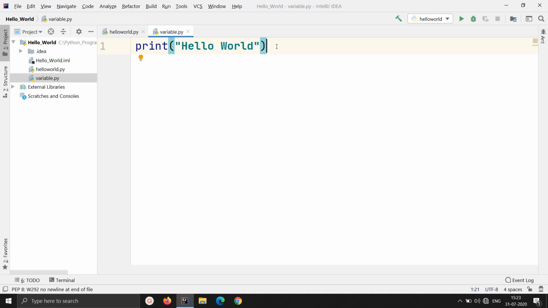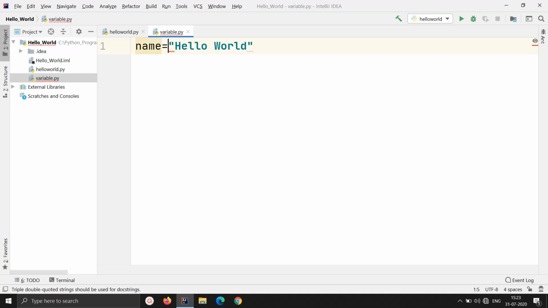So rather than printing this, we know that if I run this code, it will print hello world. But what I want to do right now is that I don't want to print it as it is. I want to store my data. My data right now is hello world, and I want to store that data in some variable. Okay, so we will call this, suppose, name.